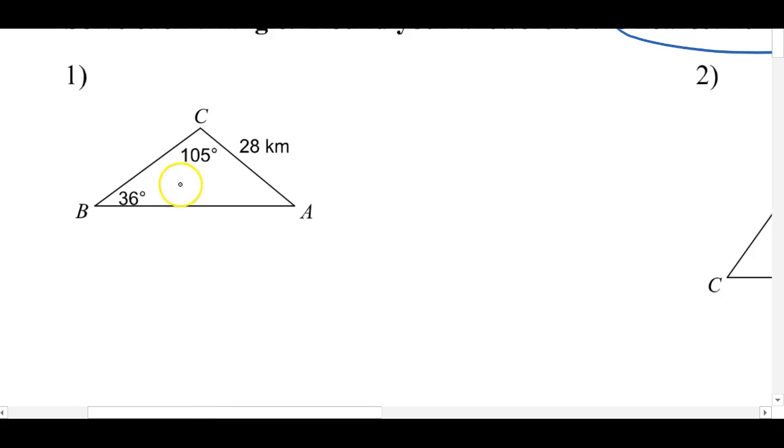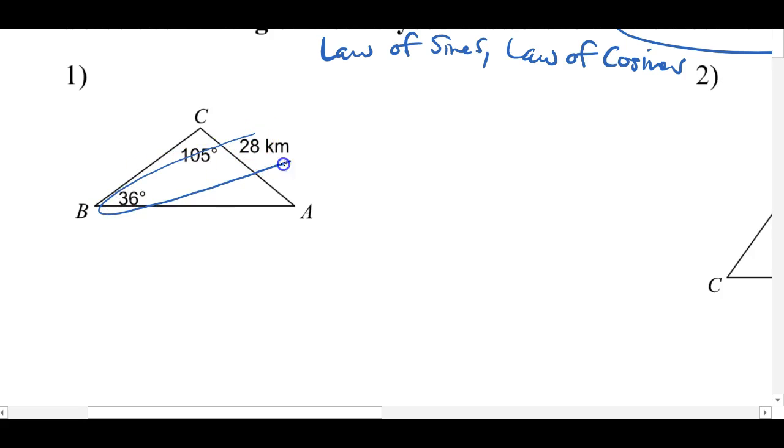Okay, so for number 1, the first thing you want to try is law of sines. Try that first, and then if you can't do that, then you want to try law of cosines. Okay, so first let's try to set up law of sines. In order to do that, I need a pair of an angle and an opposite side, and I have one, so I can set that up. Now again, be careful on how you set it up, because you can put the side on the top of the ratio, or you can put the angle on the top. In this case, we're going to look for a side. We're going to look for side C. So we're going to put the side on the top, side C, and then the angle opposite that is 105. So we take the sine of that,